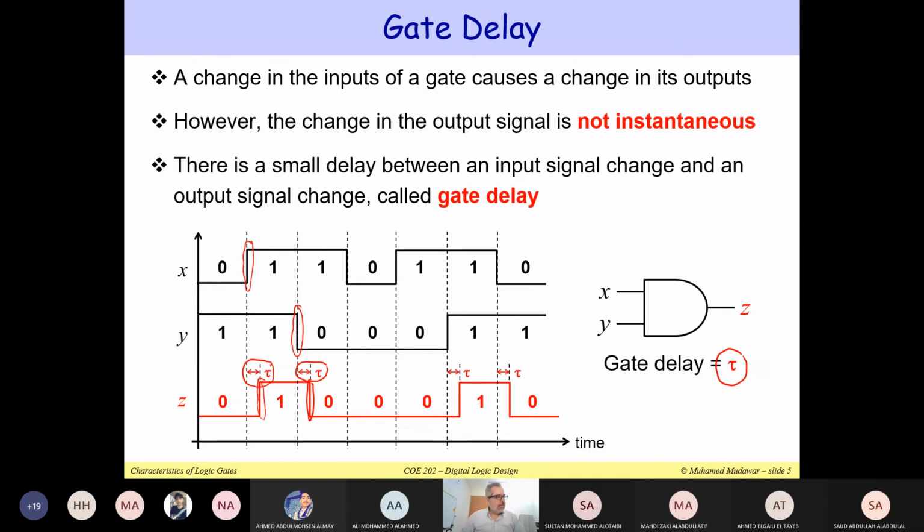Okay, clear. Right. So later, we are going to describe our gates in Verilog. And you will see that in Verilog, you can assign delays for these gates. And you can look at the timing diagram, and you can see how the delay of the gate is going to affect the timing diagram.